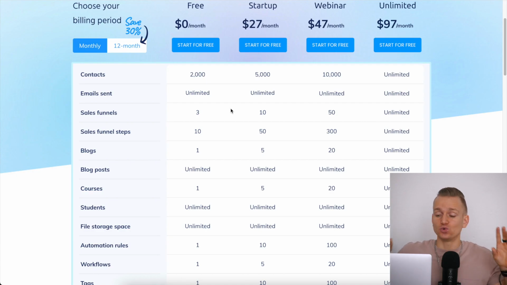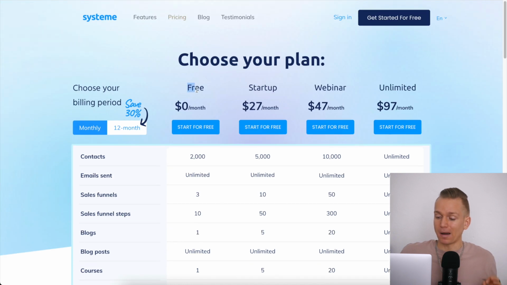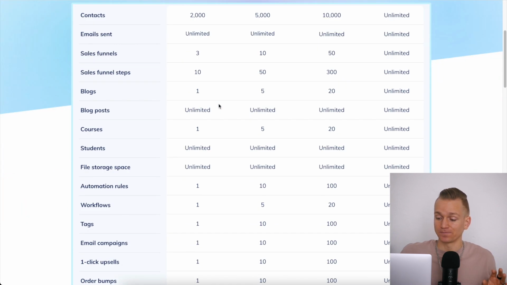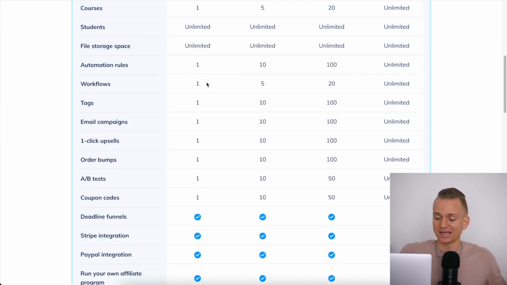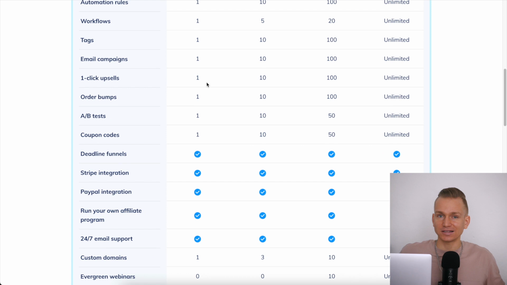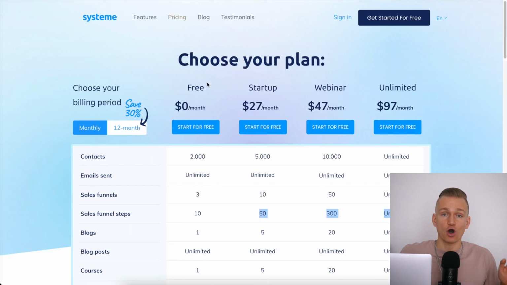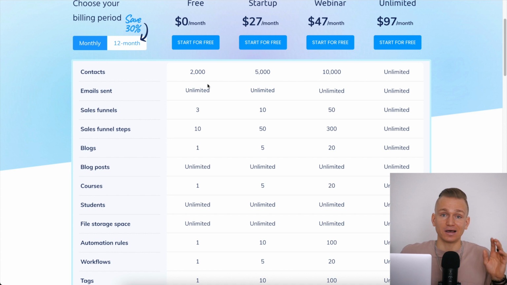If you look at their plans, you will actually see that they do have a completely free plan. As you can see here, there are some limitations. You can create only one course, and there are limitations also on how many sales funnels and steps you create, and so forth. And I'm going to talk about this in a second. But in general, you don't really have that many limitations. You just have some limitations in terms of what exact numbers of certain things you can do, but you pretty much have all of the different features, which is something you don't really have in the other softwares.